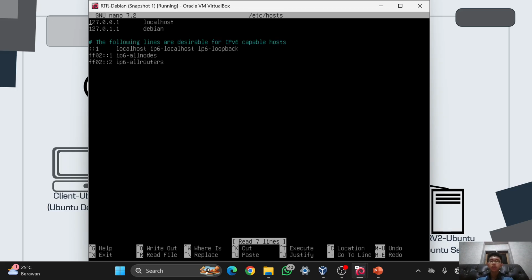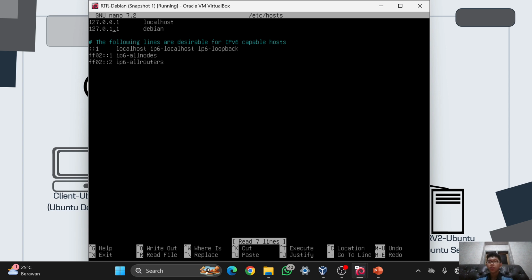For the Debian server, for the router Debian, I will set it again. So in here, I will open the file again, nano /etc/host.